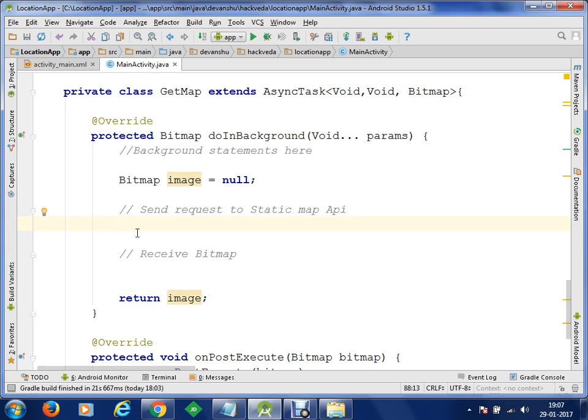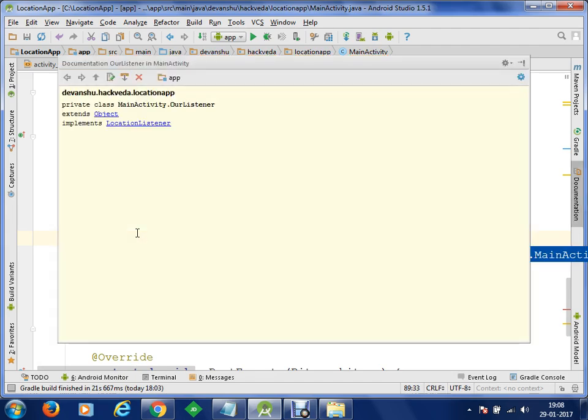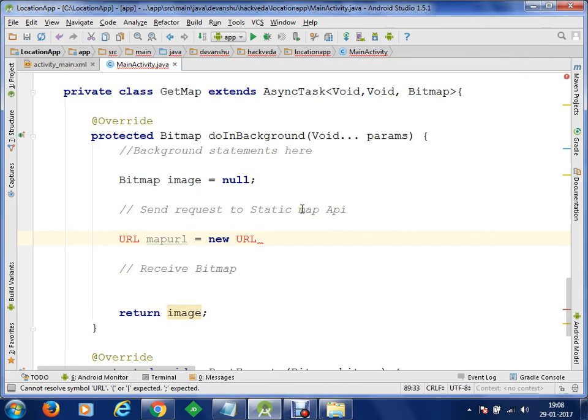For this, I'm going to make a URL, and let's call it mapURL. I'm going to do it something like this: new URL. Within this new URL, let's import the class URL with alt enter.